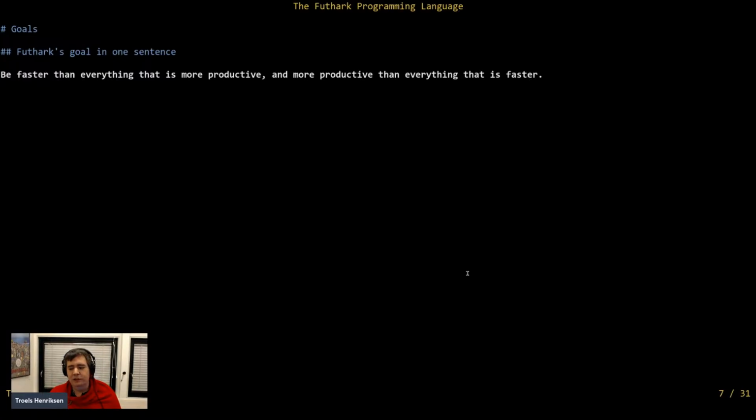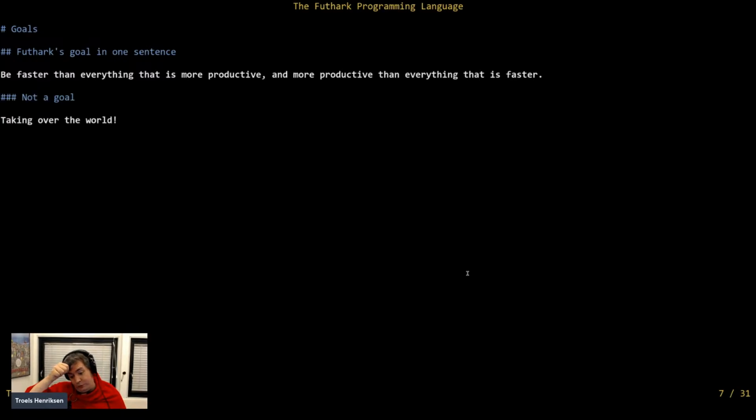But I think pretty much every language tries to be on that curve, because otherwise it's just objectively worse than something else. And the difference really is just where on the curve Futhark tries to be. It doesn't aim for maximal performance on GPUs, because then we would have gone for a more low-level GPU language. It goes for maximum performance with the constraint that the language should still be hardware agnostic. But that also makes it interesting how we actually map these high-level concepts to GPUs.